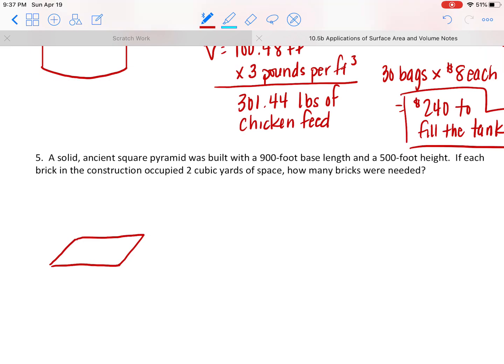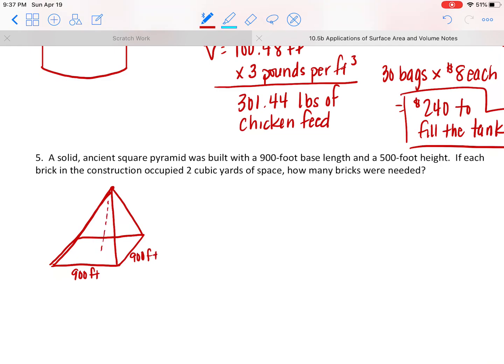We're going to start by making a parallelogram. And it's not pretty, but try to draw yourself a parallelogram. And then just label a point up here in space and connect the corners to that point. And you're going to have a decent looking square pyramid. Okay, so a square pyramid means that the base is a square, and it says the base length